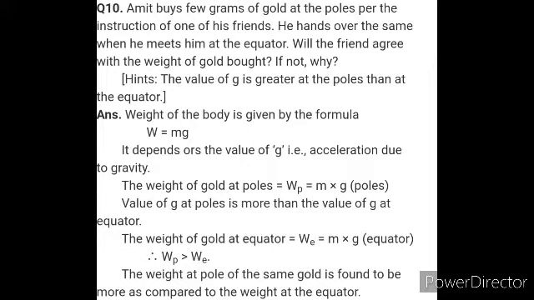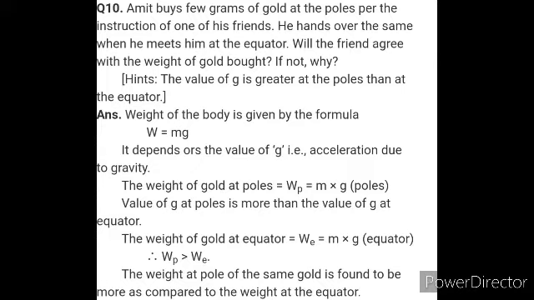The reason behind it is that there is no change in mass. The gold has not changed. It is not that the mass of the gold decreases. It's only that the acceleration due to gravity decreases at the equator as compared to that of the pole. So because of that, the weight decreases. That is why it is said that whenever you are talking about all these things, go with the mass, not with the weight. So I hope the question is clear.